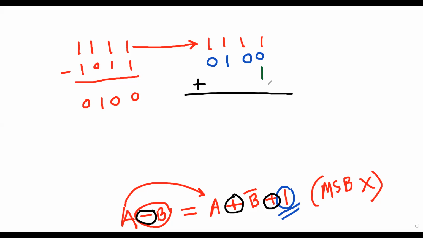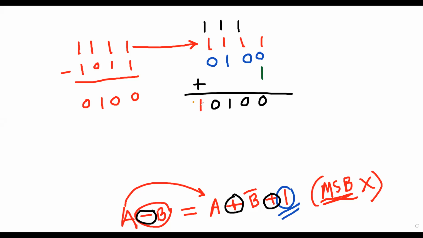1 plus 0 plus 1. What is the result? 0. So the next one goes into the next place, right? So 1 plus 1 plus 0. What is the result? 0. You have an extra 1. That 1 will go to the next place. 1 plus 1 plus 1. What is the result? 1. That another 1 will go to the next place. 1 plus 1 plus 0. What is the result? 0. And you have one that will come here. That is called MSB, the most significant bit. That MSB you have to ignore. Ignore means what?